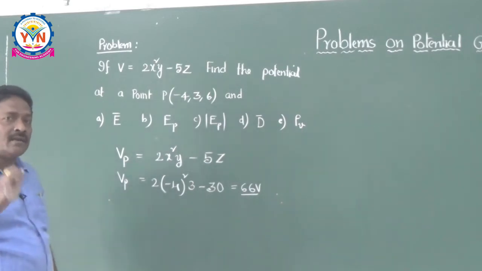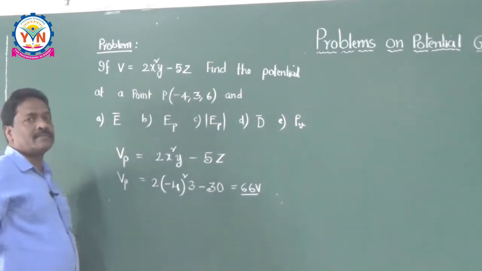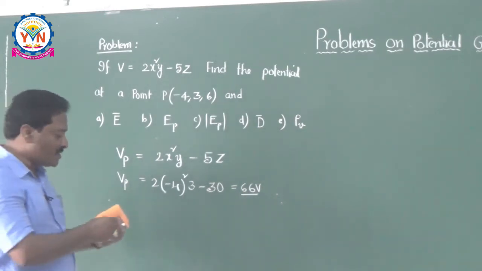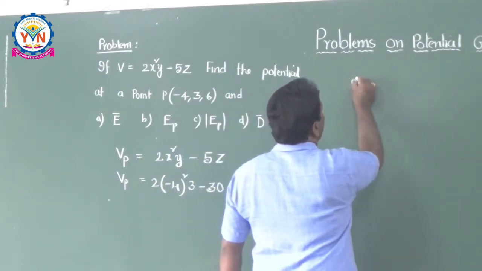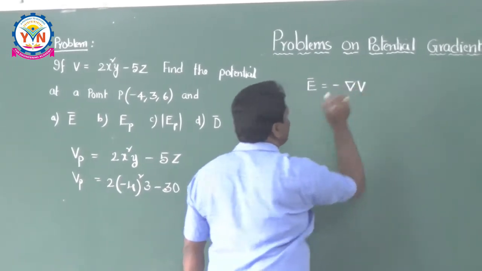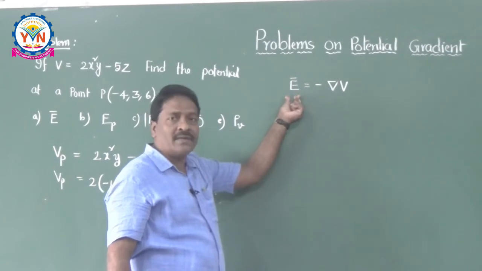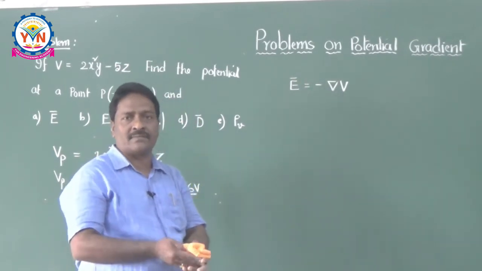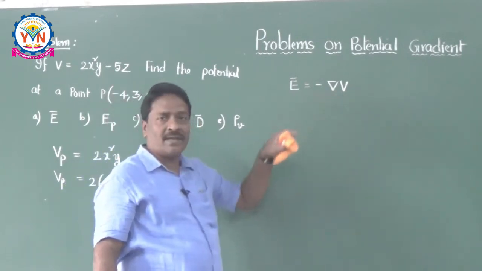Now, the logic is not that. We want to calculate the electric field intensity E bar. First of all, what is the relation you have to use? That relation you have to use for doing this problem is E bar is equal to minus del V. This is the relation you have to use, because this potential is given to you and you have to calculate the electric field intensity. The problem is given in which coordinate system? Cartesian coordinate system. So, in Cartesian coordinate system already you know the expansion of del V like this.